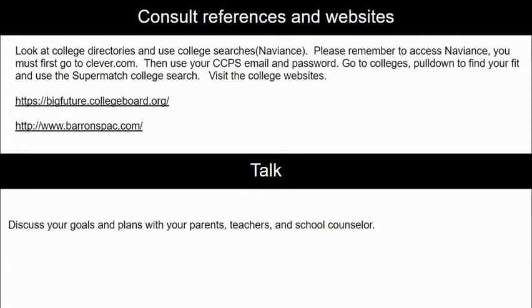Please remember to access Naviance. You don't go to naviance.com, which would be nice. You go to clever.com. You use your CCPS credentials in there. For a college search, you're going to go to colleges, pull down, find your fit, and then there is a college search called Supermatch. I find this very useful.